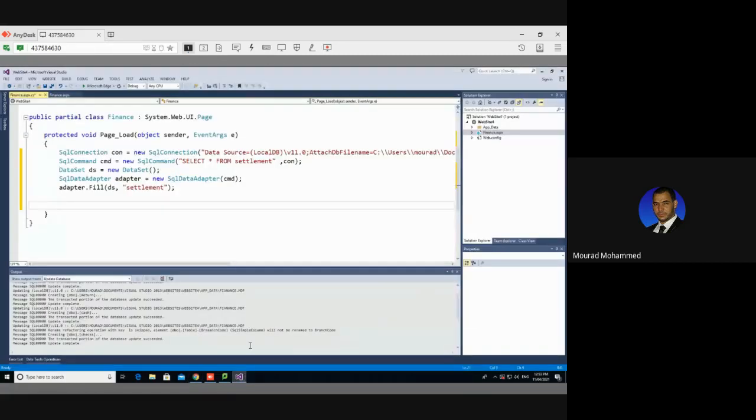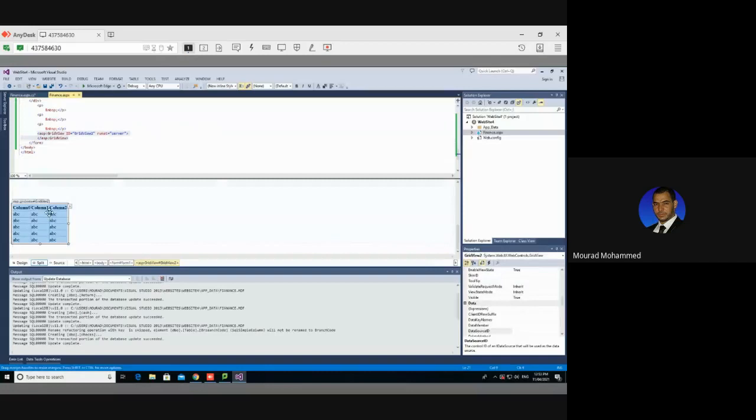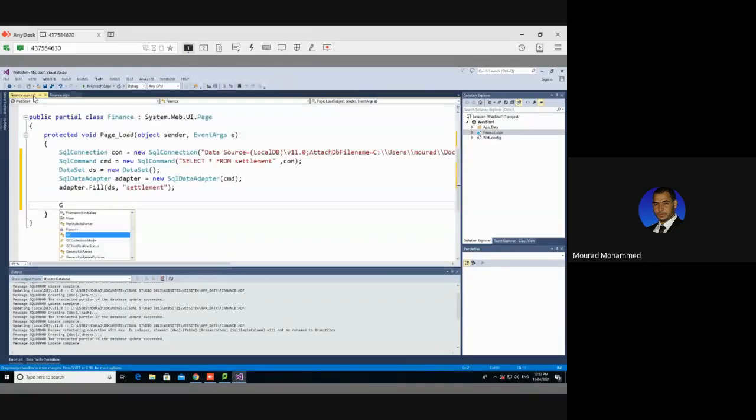Actually, I was going to pass something. Actually, we have a grid view. There is no need to pass. We have the grid view here, which is named grid view 2. So directly grid view 2. Here it is. Dot. Yes. Now comes